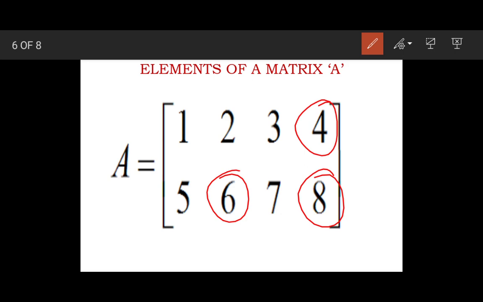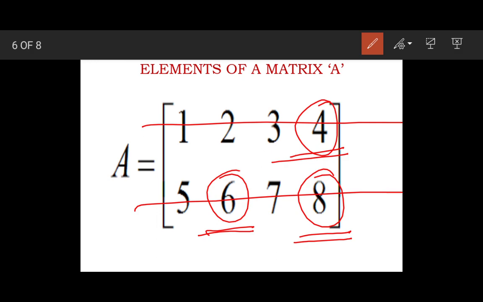First you have to write the number of rows, then number of columns, then all the elements of matrix A, and then write the position of 6, position of 8 and position of 4. Clear?